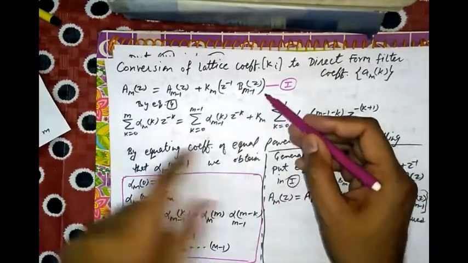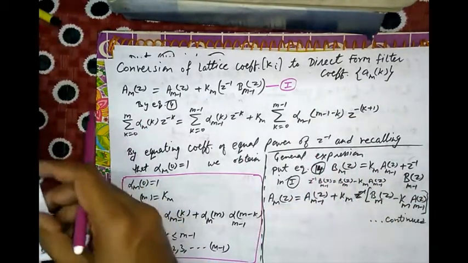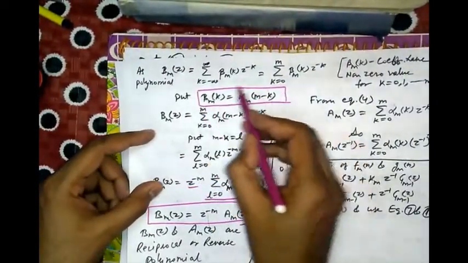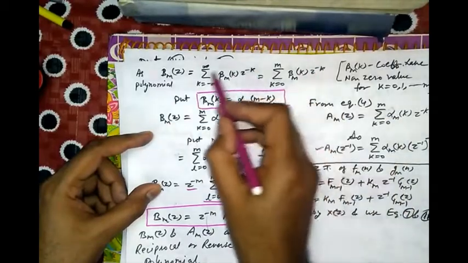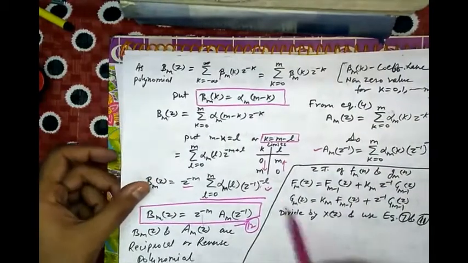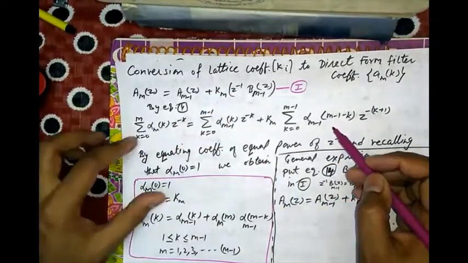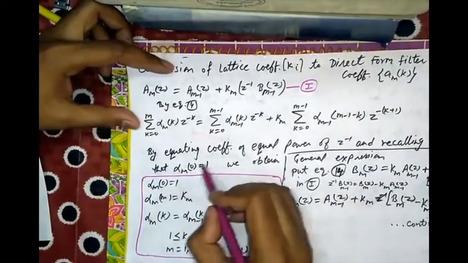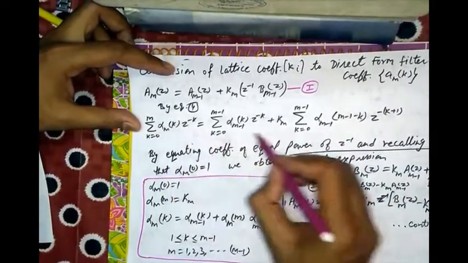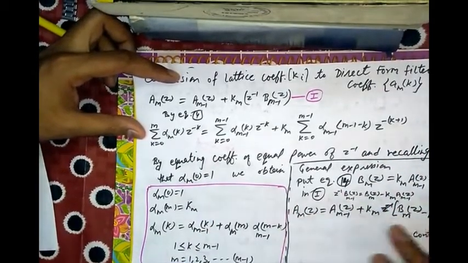Okay, so putting this equation for A_m(z), then for A_{m-1}(z), and for B_{m-1}(z), we know the equation. As we know, beta_m and alpha_m are related by this equation. B_m(z) is equal to this one, and beta_mk is equal to alpha_{m-k}. So using these two equations, we solve this equation by simply equating the coefficients of equal powers of z inverse, and recalling the initial condition, we generally obtain